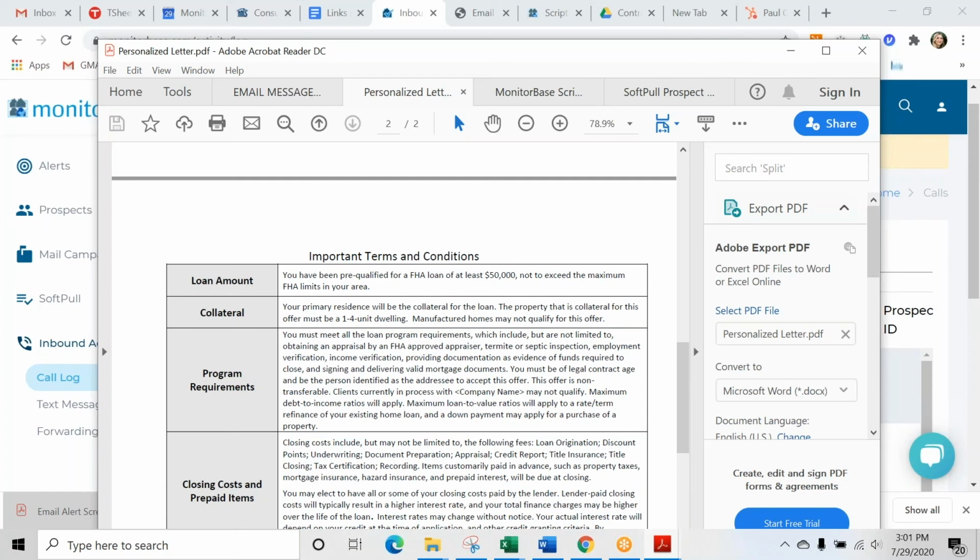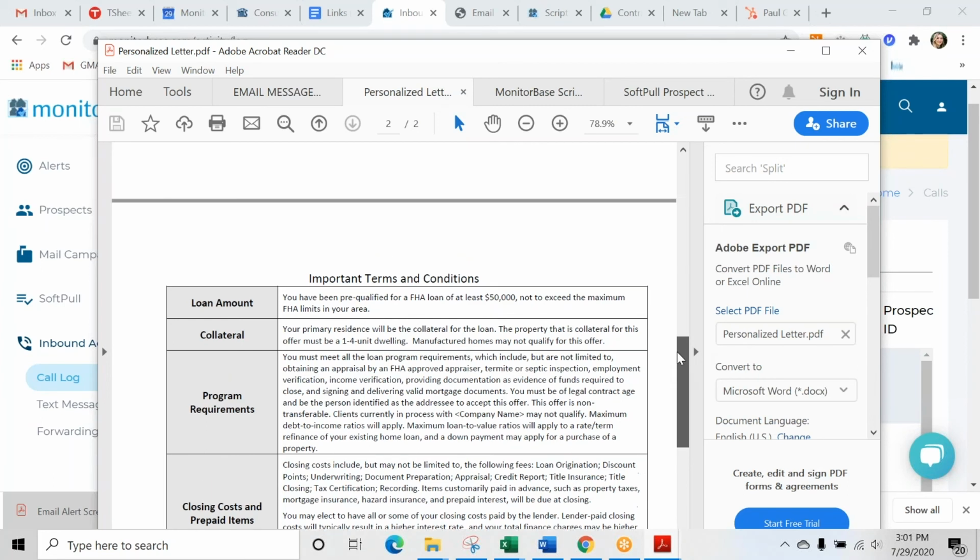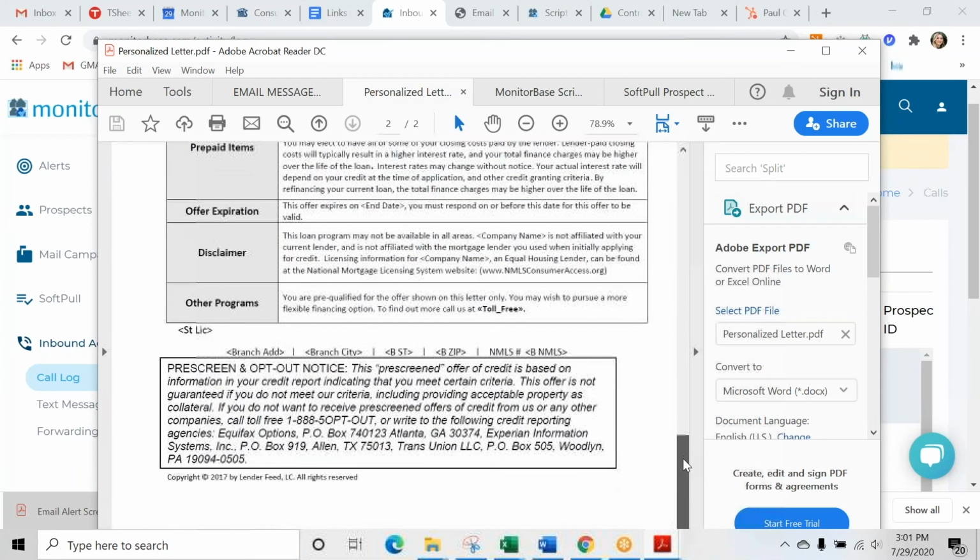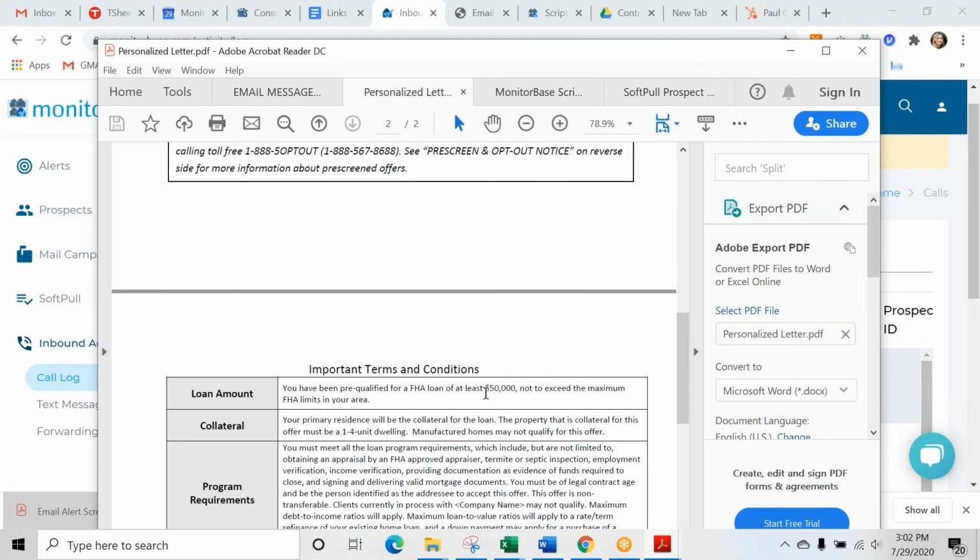Yeah, I can touch on that a little bit more. And just going back to your other question, it does say that the loan amount minimum would be $50,000, but it's also pretty compliance heavy in these terms and conditions that nothing is promised as far as approving the loan, because it does depend on other factors. A good way to explain it would be when you get a credit card offer in the mail. No, I get it. Yeah, so they would still have to go through the approval process, but the amount that they've been qualified for is about $50,000.